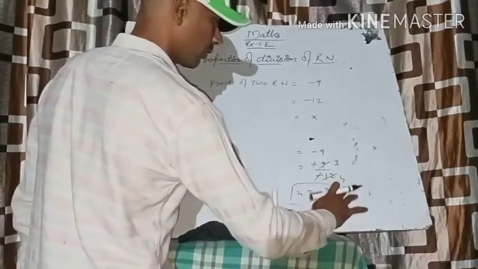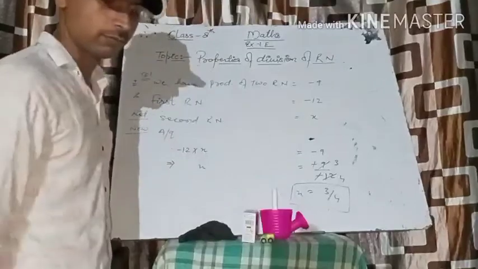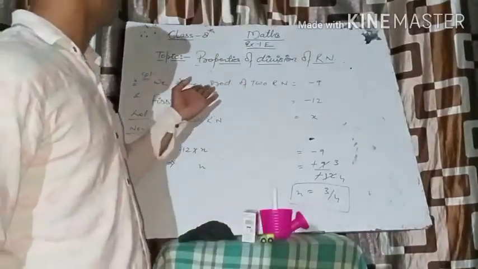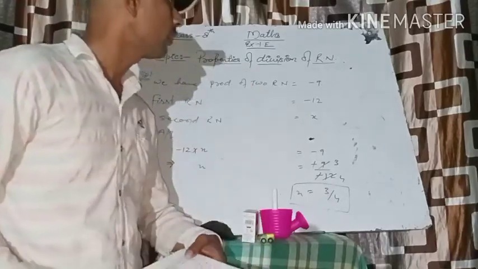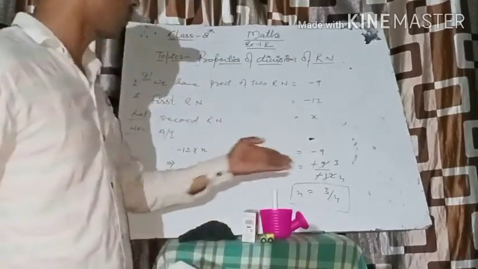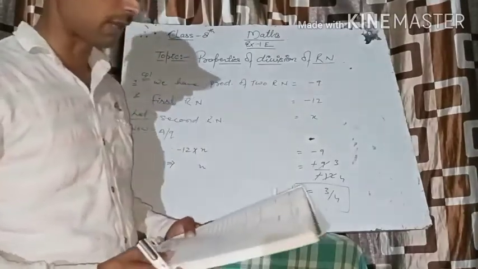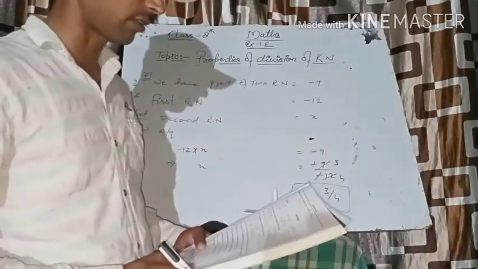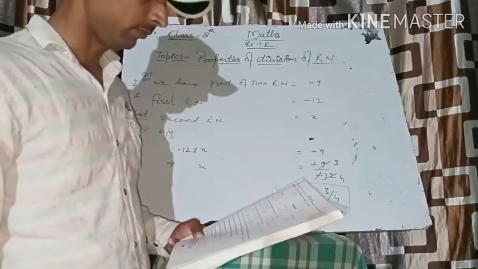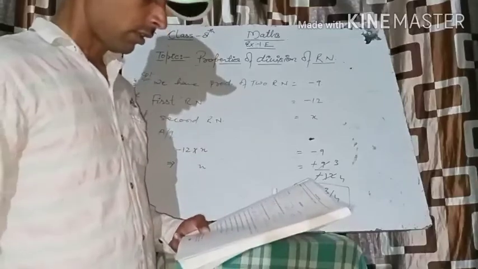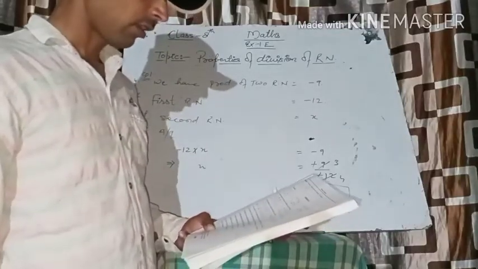In the same manner, if the division of two rational numbers is given, then you will solve for the division. That means you apply the first rational number and the second rational number situation accordingly. Okay, that is the product of two rational numbers.